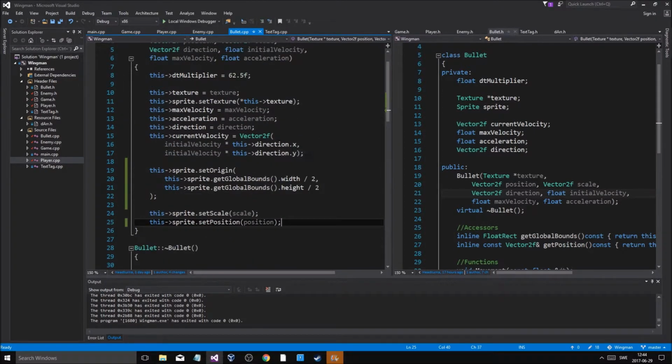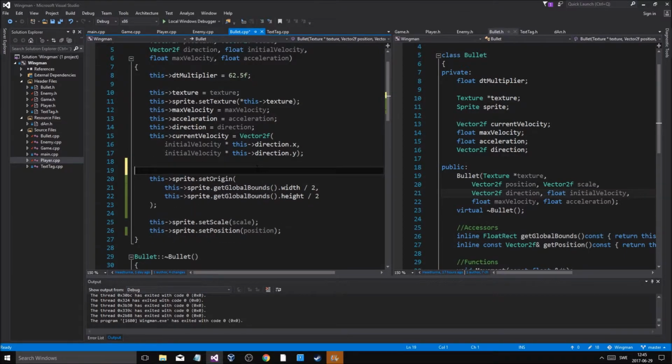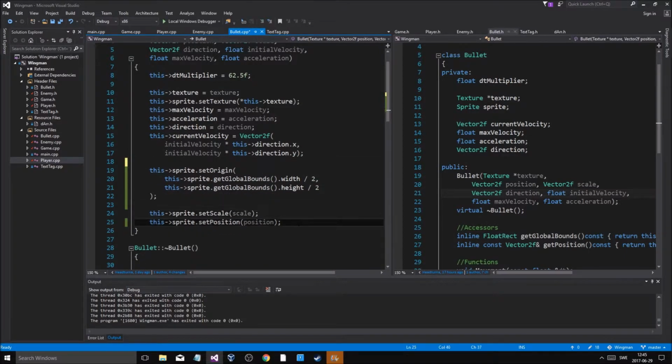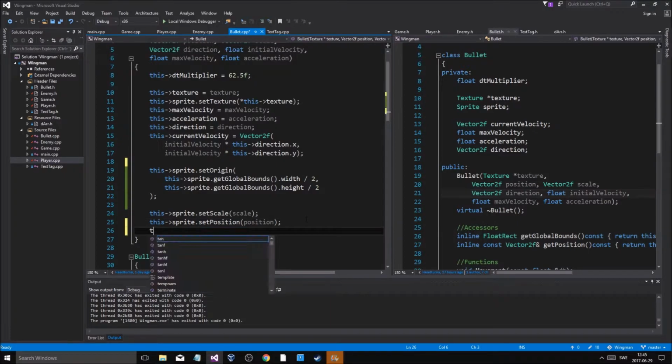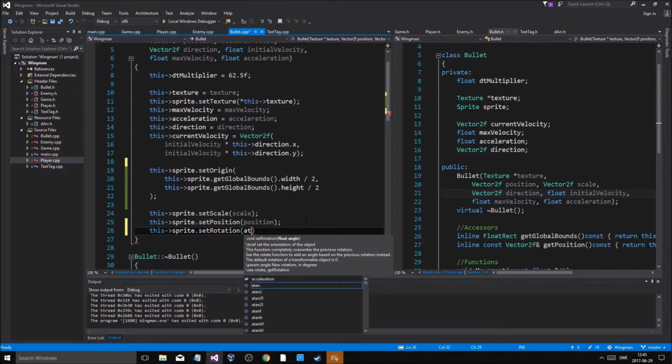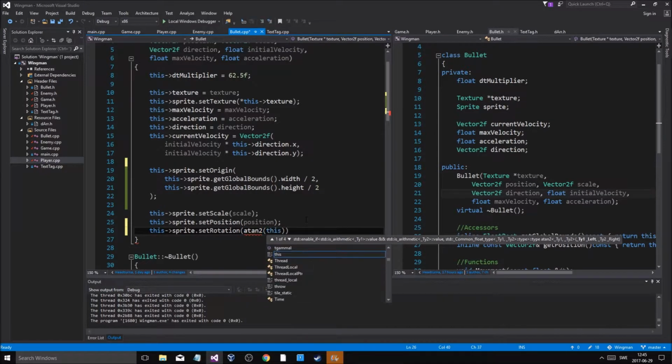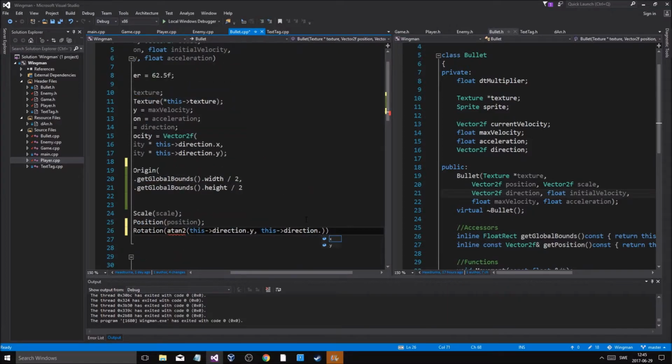Okay, so that's the normalized direction. Now I'm going to set the rotation after the origin is set, scale and position is set. I'm going to set this sprite dot set rotation, atan2, this direction dot y, this direction dot x, and then multiplied by 180 divided by